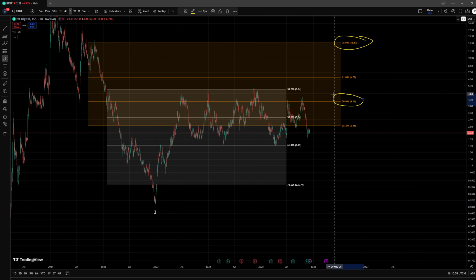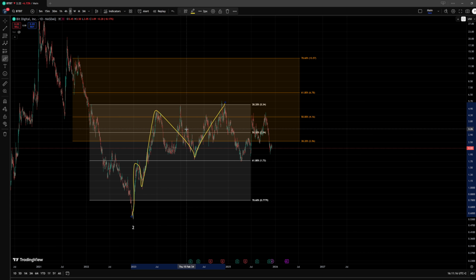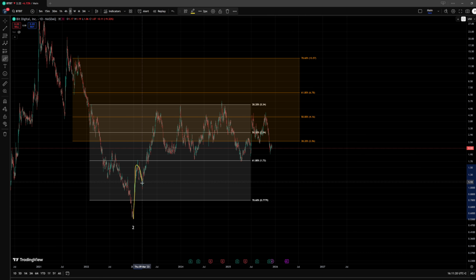And now, to get into the smaller time frame in this area, I am actually tracking a potential 5-wave move to the upside in the smaller time frame here, where I am looking at this as a 1, 2, a third wave up, fourth wave down, and then a fifth wave. There are a couple of ways I could be tracking this correction. I could actually even argue that this is the 1, 2, 3, 4th, and the 5th,